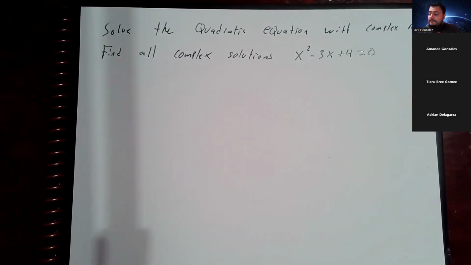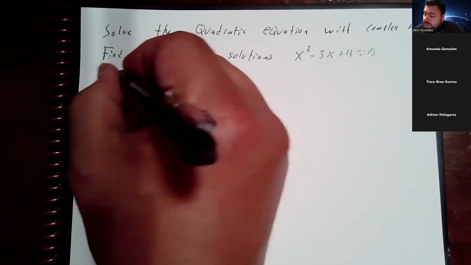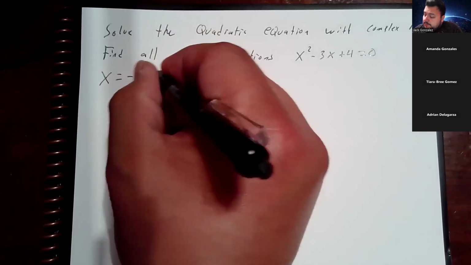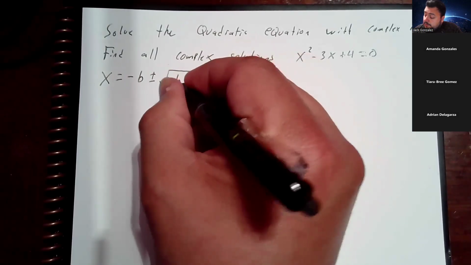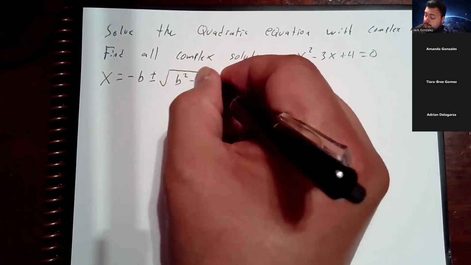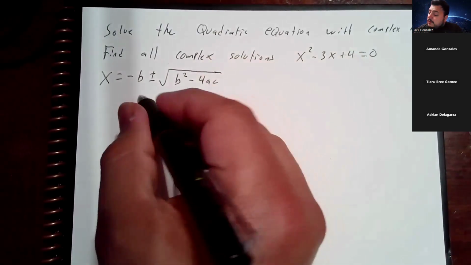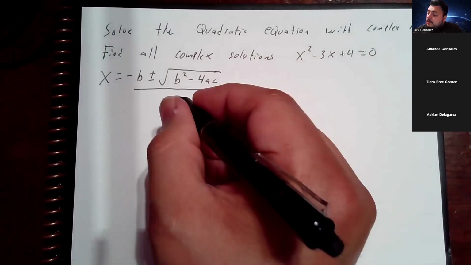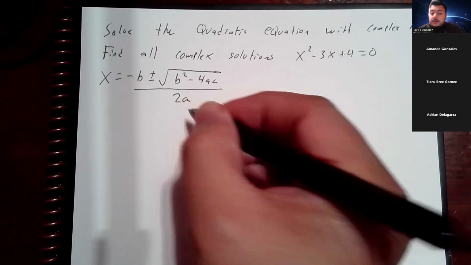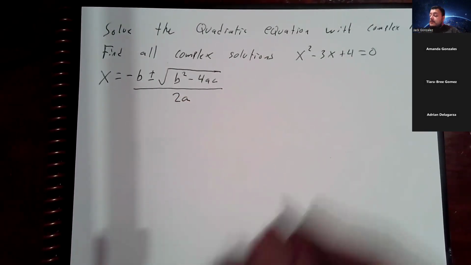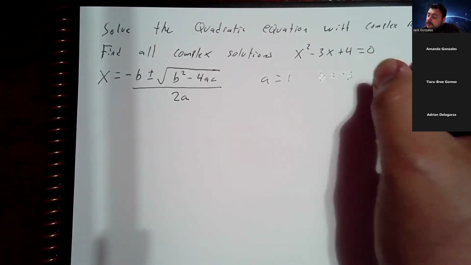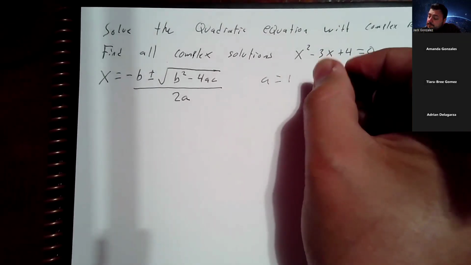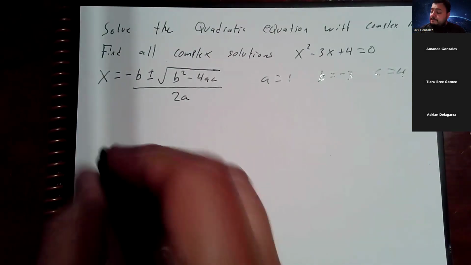Okay. So remember, x equals negative b plus or minus the square root of b squared minus 4ac, divided by 2a. Our a is 1, our b is negative 3, and our c is 4. To plug it all in,